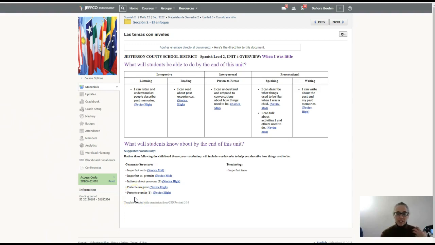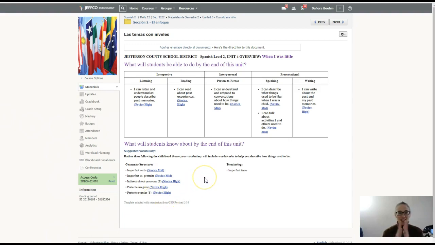The preterite, I need you to know that it is for the past, and I need you to have some of the common irregular verbs down, which is primarily what we're going to review again here. And then you definitely need to know the endings for the regular preterite. I'm not expecting you to use it perfectly by any means, but I need you to know what those endings are and when they're used. So that's a little bit about where you should be with this.